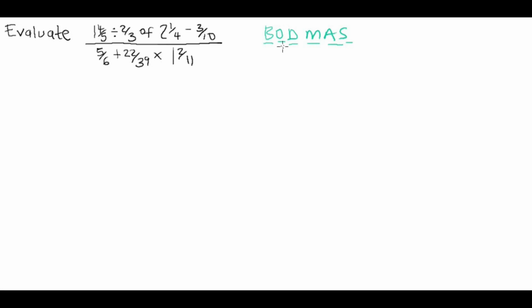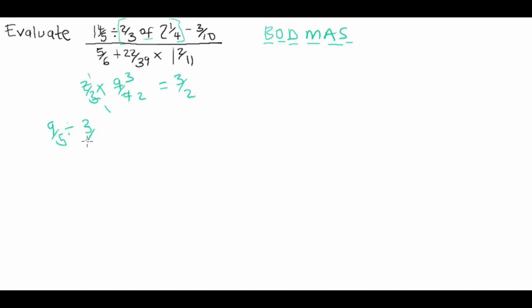So there's no brackets, but there is "of". "Of" is here, so you start with this portion only. It will be 2/3 of, which is multiplication, times 2 1/4, which can be written as 9/4. So 2 goes into 4 two times, 3 goes into 9 three times. So it is 3/2. So this portion can be replaced by 3/2, and 1 4/5 can be written as 9/5 divided by